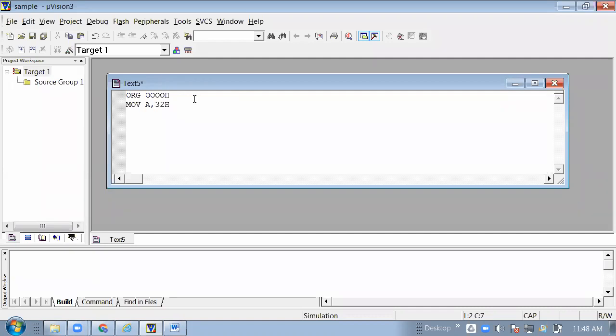I am removing the hash and just writing A, 32h. What is the meaning of this instruction? Or you can say, what is the addressing mode?